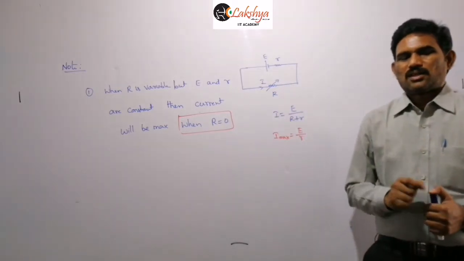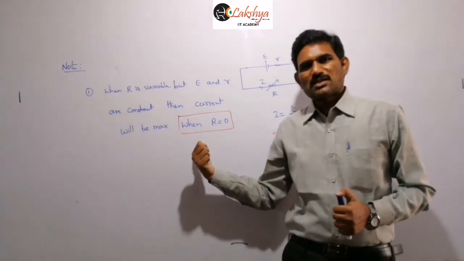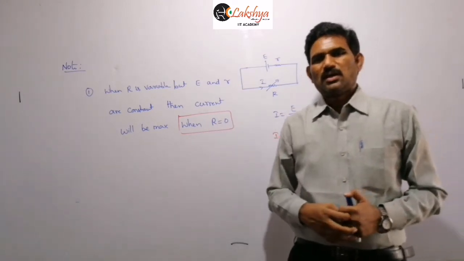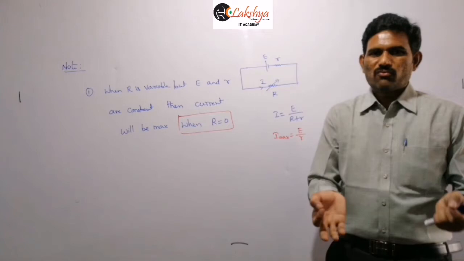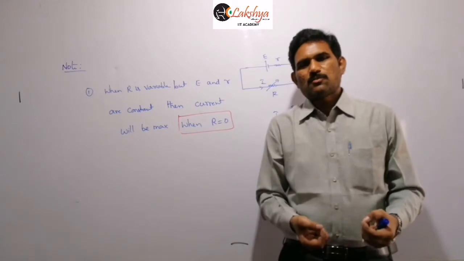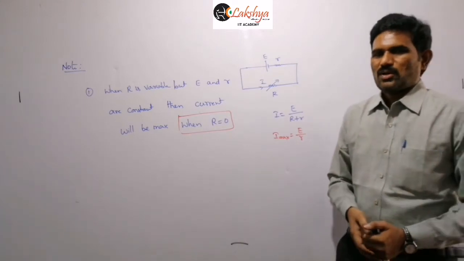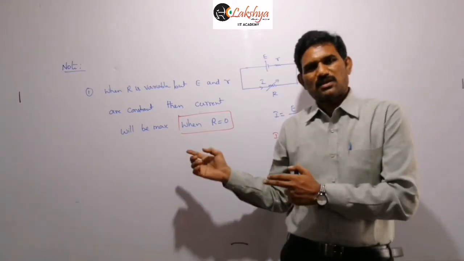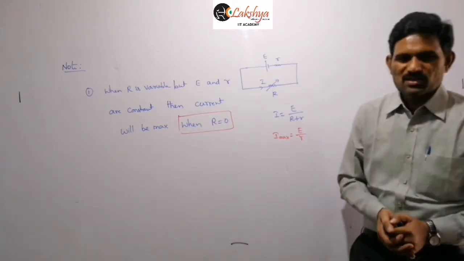The power delivered to the external resistance is not maximum for this condition, because we are taking capital R equal to 0, meaning we are removing the external resistance totally. Then how can the cell supply power to the external resistance when the external resistance itself is not there? Got it? When we make it 0, we are removing the external resistance. Then how can you calculate the power delivered to the external resistance when it is not there in the circuit? So that is completely wrong. So the power delivered to the external resistance is not maximum when R is equal to 0, right?